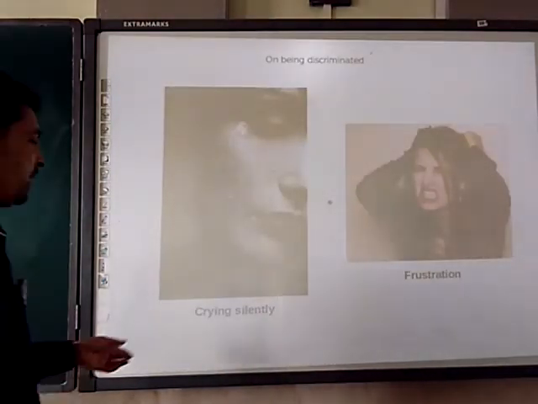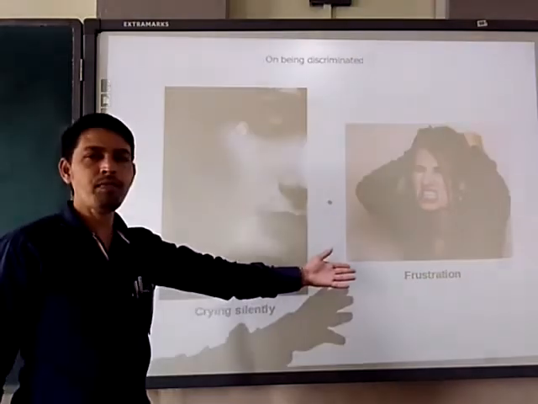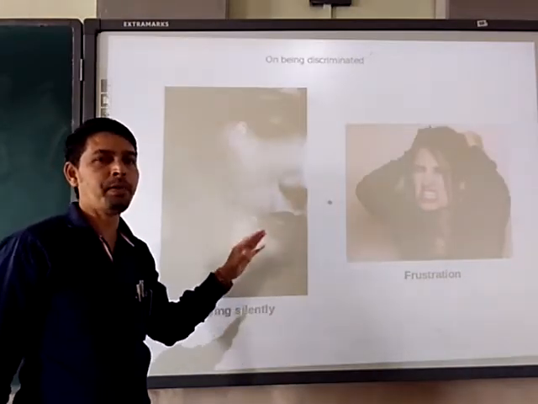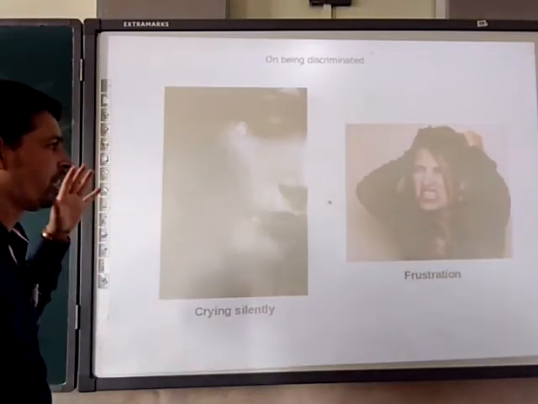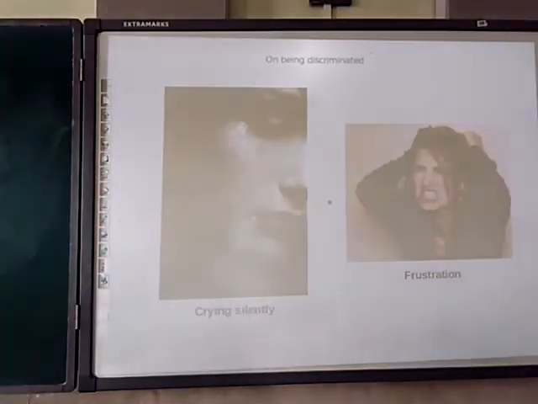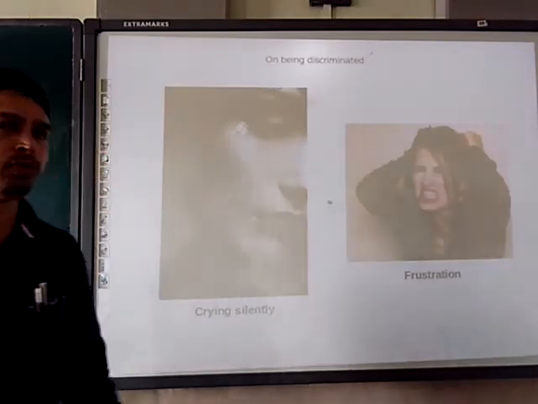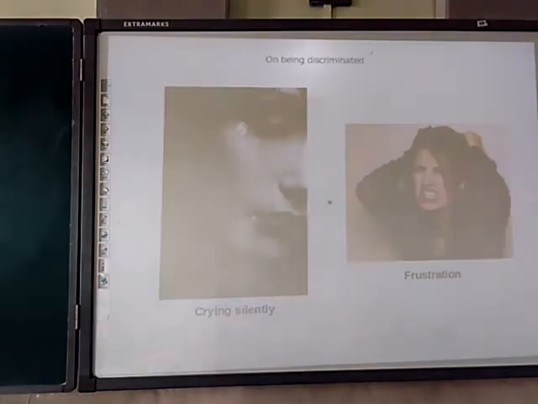on being discriminated, crying silently and frustration will happen to people if we discriminate against them on the basis of caste, religion and so on. By seeing the photograph, you can easily understand what is going to happen to the life of any individual we discriminate against. Frustration will be there and they are crying in silence. Next,